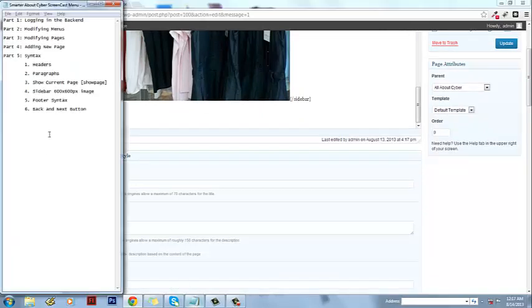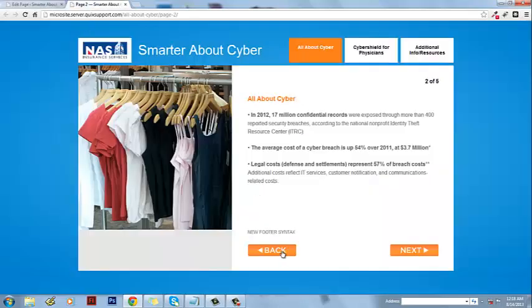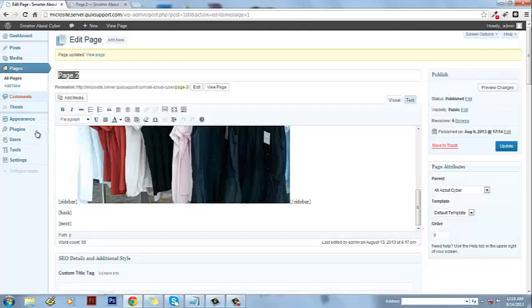So you must correctly put them as back and next. This functions to redirect the page to the next page. So to make an example,